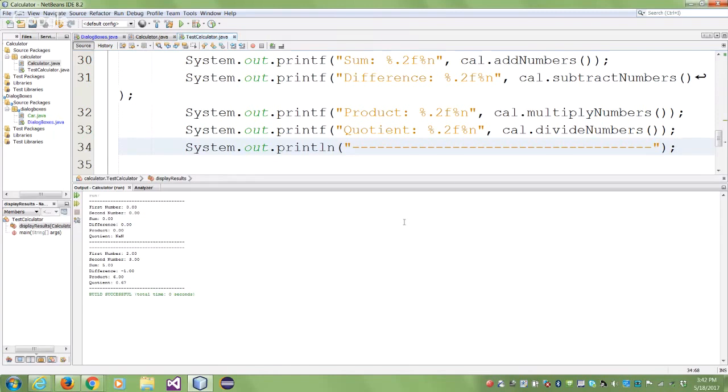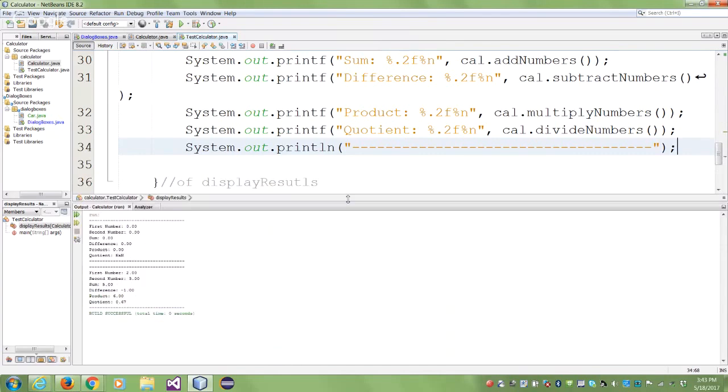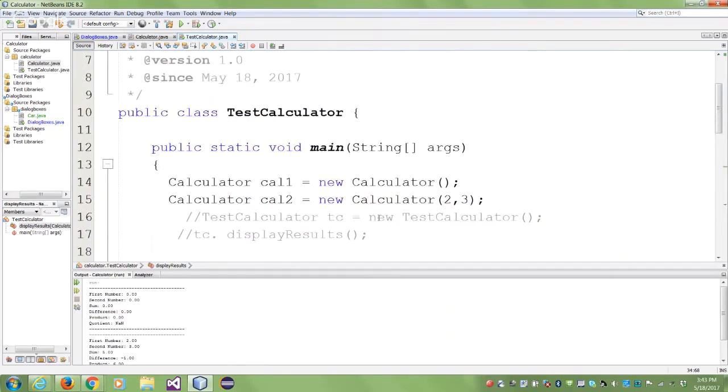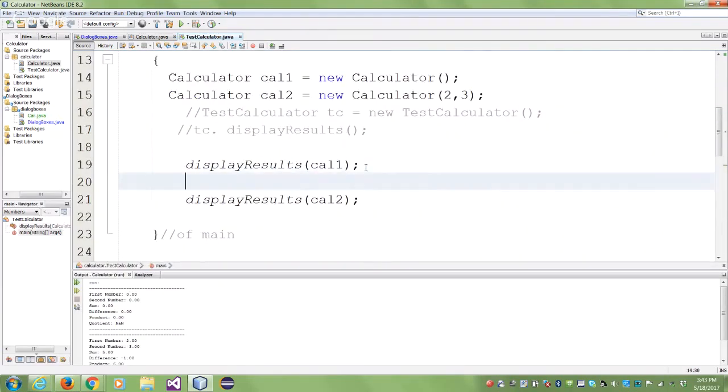Now, so what have I done? I've tested my two constructors. I've tested my two getters. I've tested all my 4 methods. The only method I haven't tested is the set method. Let's test that too. If that works, I'm okay. Right? Let's test it. How will you test it? I have 5 minutes to test it. We'll continue with this if you have questions next week, but how will you test it? Okay, now let's